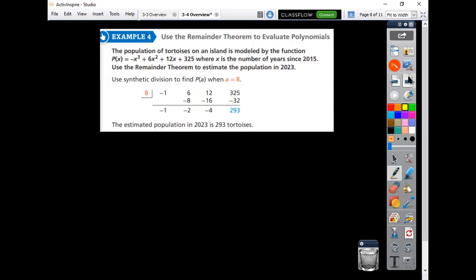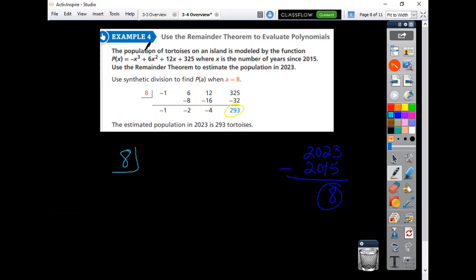Well, first of all, for 2023, how many years is that after 2015? Is that not 8? So then we're going to take that 8,